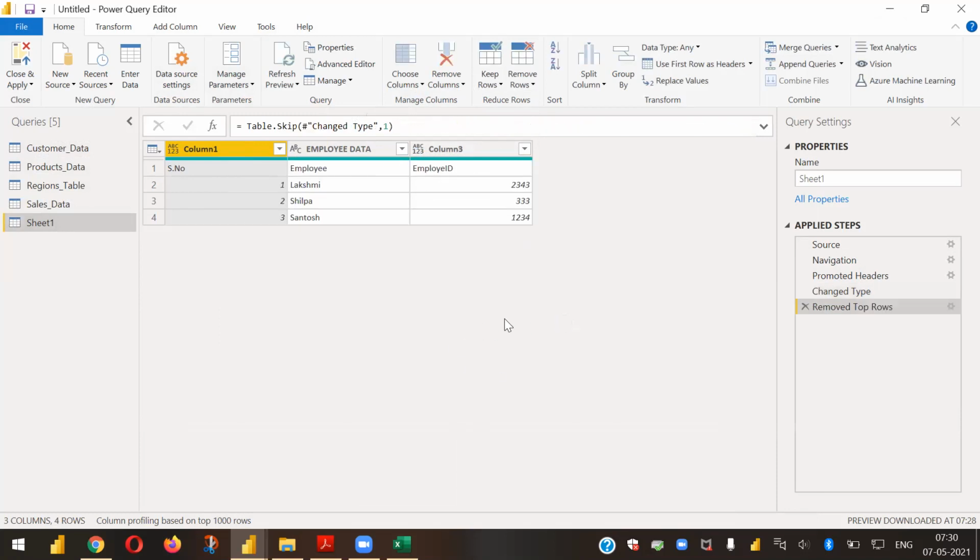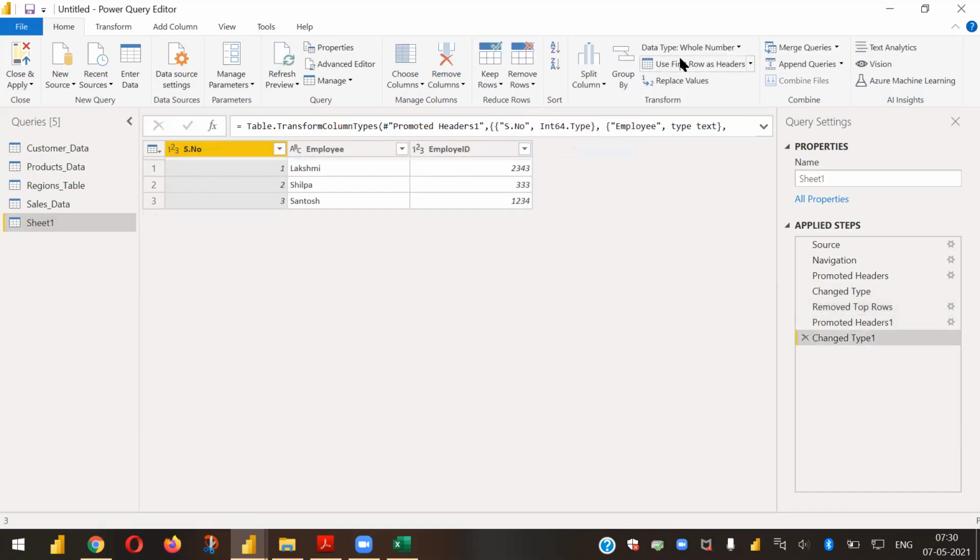This is one of the operations that I performed. Now what I'll do is click on use first row as headers, this option. These are the frequently used options that you should be familiar with. That's why I'm covering this. So when you click on first row as headers, instead of column 1, employee data, column 3, right now they are the headers of the columns. So it will replace them with serial number, employee ID. Look at this. And also there's a step applied automatically here. You can notice that as well.